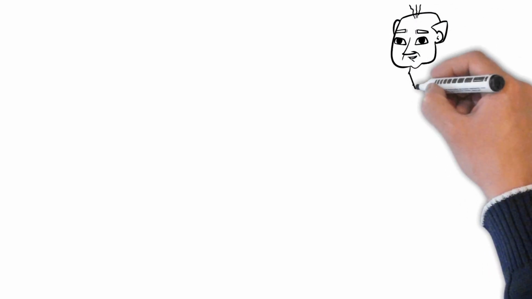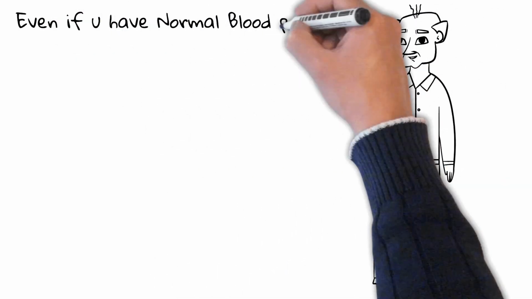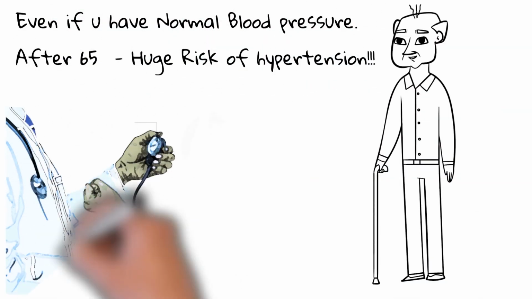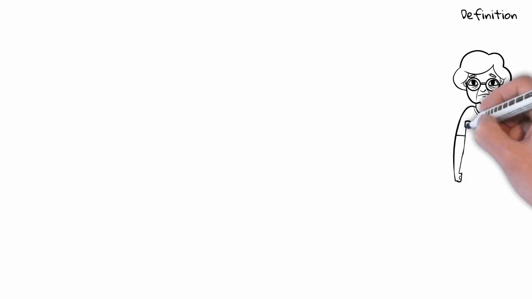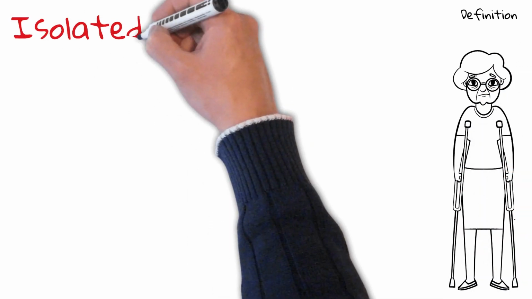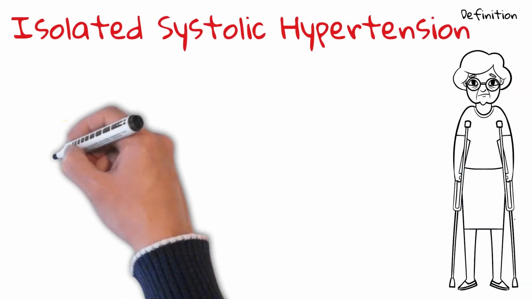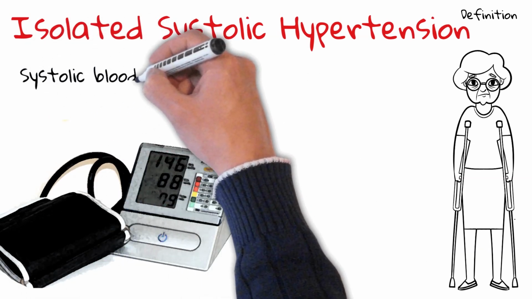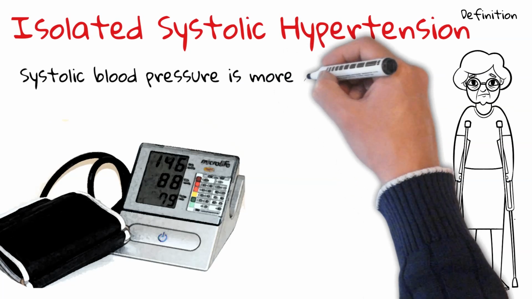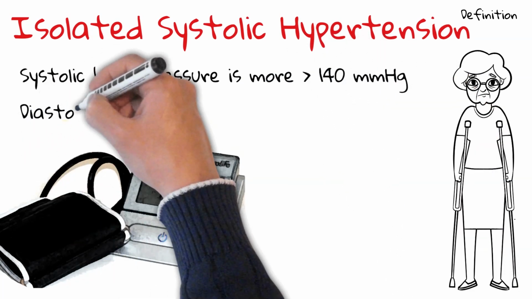Any person aged 65 years old with normal blood pressure has a 90% lifetime risk of developing hypertension. Isolated systolic hypertension is the most common form of hypertension in the elderly. Isolated systolic hypertension is defined as systolic blood pressure more than 140 and diastolic pressure less than 90 millimeters